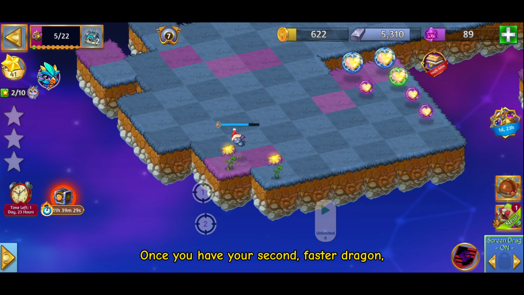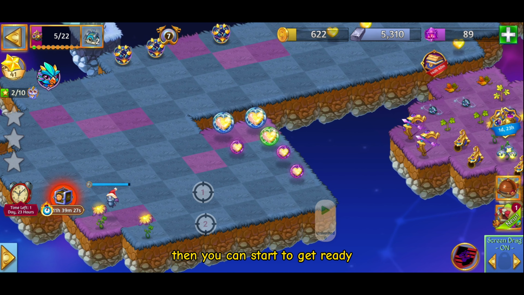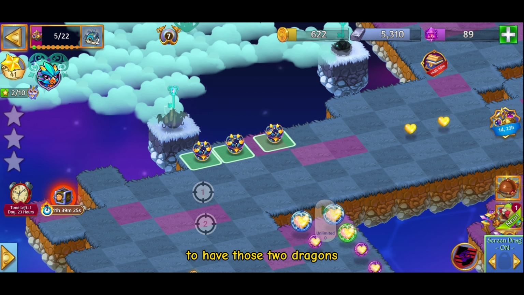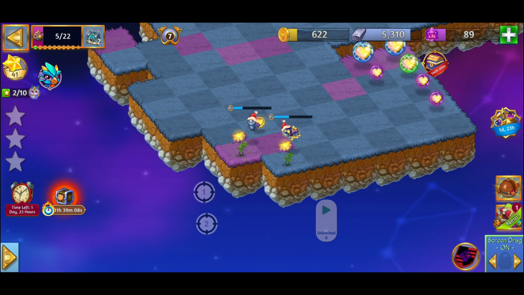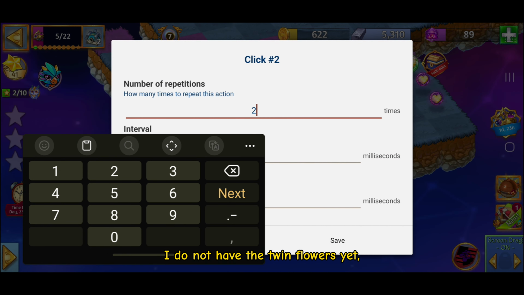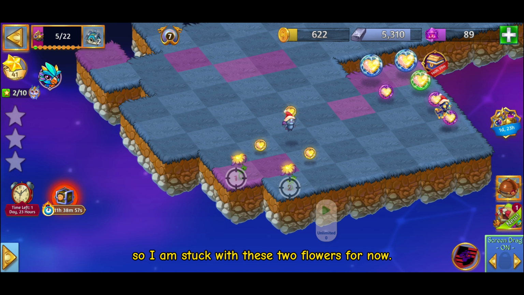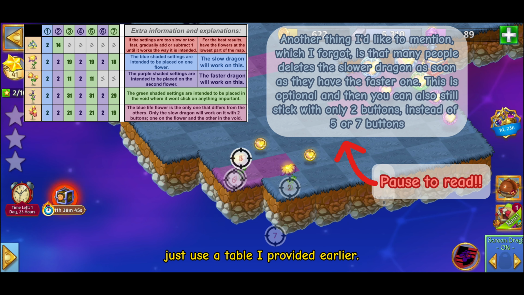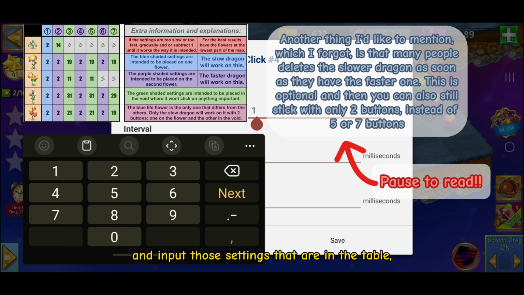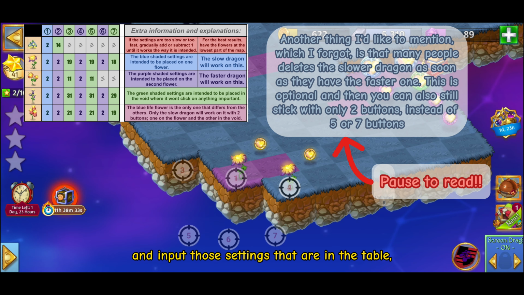Once you have your second foster dragon, you can start to get ready to have those two dragons harvest those two flowers that you have. I do not have the twin flowers yet, so I am stuck with these two flowers for now. The method is very simple. Just use the table I provided earlier and input the settings in the table, according to the flower